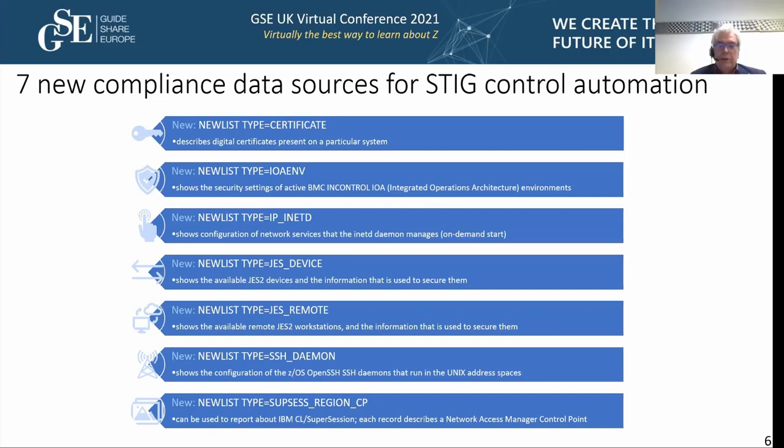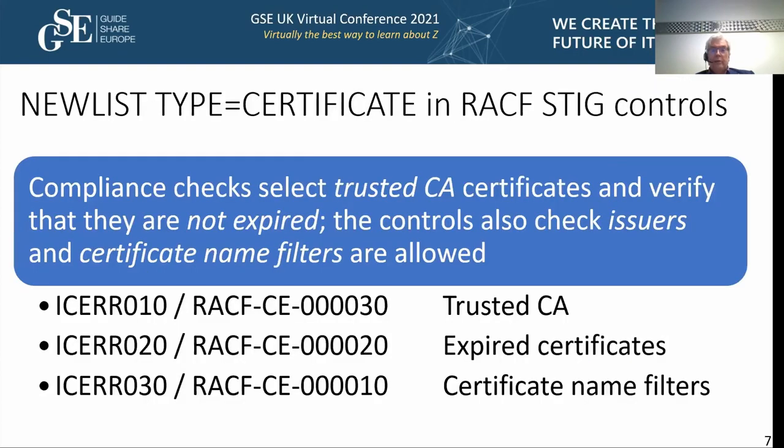And each record in this report type describes a network access manager control point. So actually one super session region can manage multiple control points. And the control point is the level at which security settings are created. Well, to go into some more detail here,